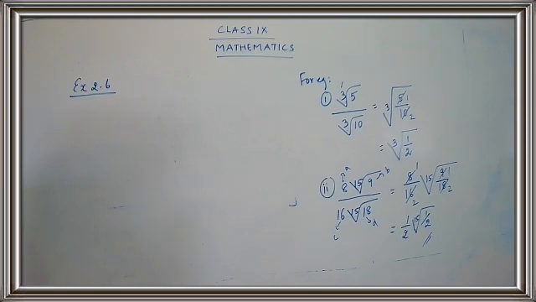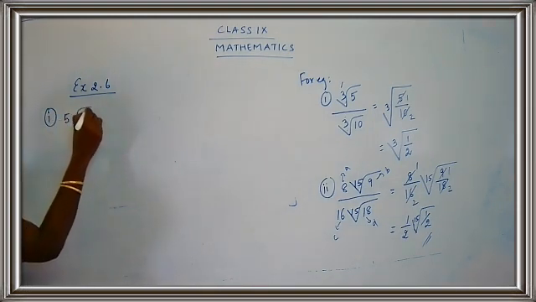Now the first question. Simplify the following using addition and subtraction properties of surds. So I have taught you the different properties. Yes, children, we have studied all the 4 different operations. We have seen the different properties of different operations. So let's use those operations and let us find out the answer. So take the first question.